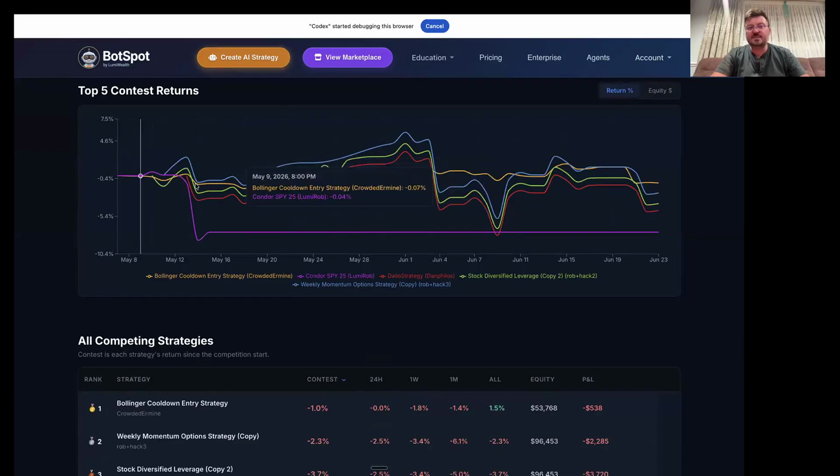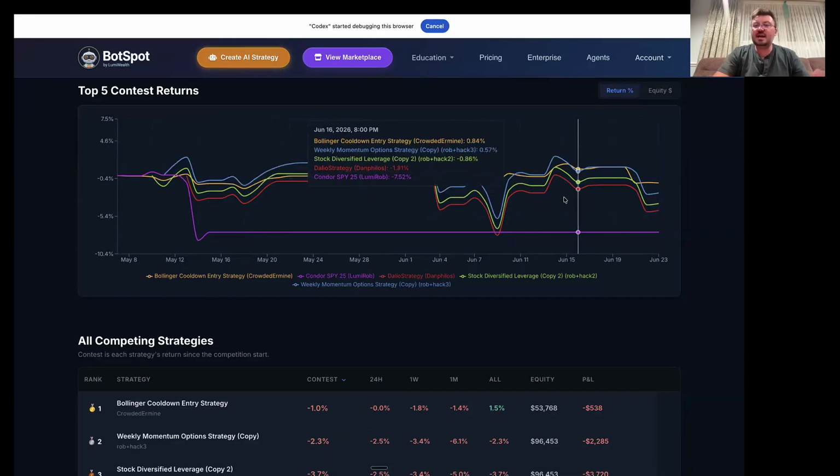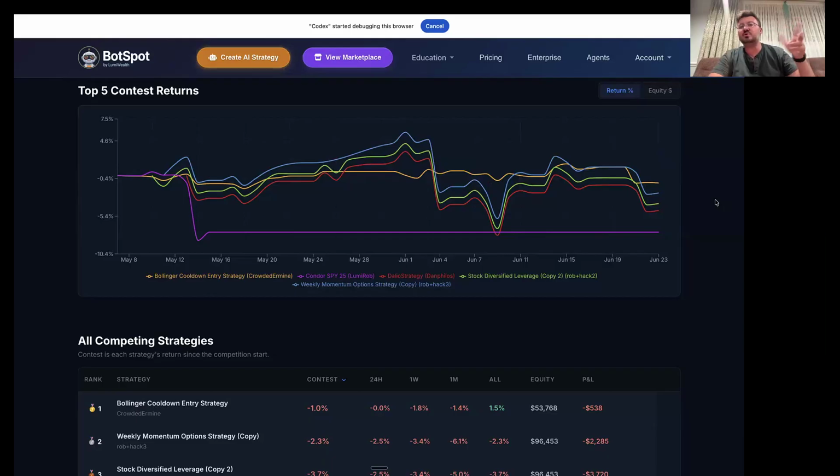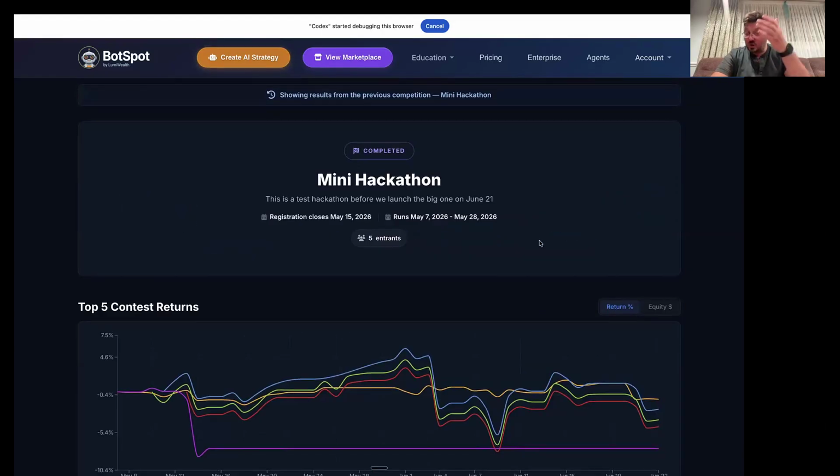But yeah, you can see basically who was in first place, who was in second, and we're going to have a competition like this, like who can make the best trading strategy, and whoever wins that is going to get a grand prize with cash and a bunch of free stuff from our company. And then second place gets some cash, and third place gets some stuff as well. So we'll have a whole contest like this. And if you want to, you could join this too. Starting on July 19th, you'll be able to submit your strategy. And if your strategy wins, you'll get a cash prize and a bunch of other stuff.